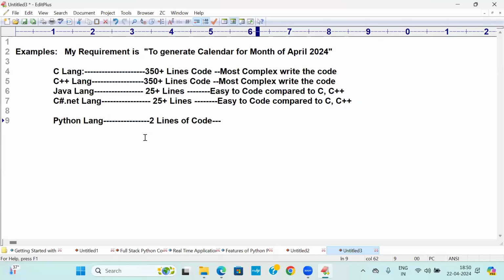Then tell me, for 2 lines of code, will any student feel it is complicated? Every student is feeling it is easy. This is called easy to code. Majority of the time, Python coding makes you feel it is dead easy, provided